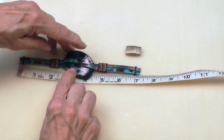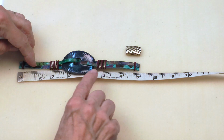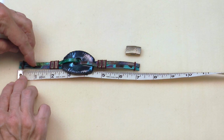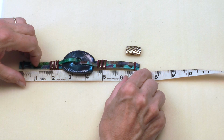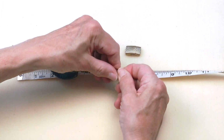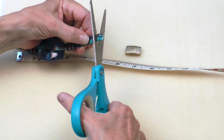Now, in this particular case, I can't just glue one side and then trim leather off the other side. I've spent a lot of time getting these pieces in place and centered, so I'm going to go ahead and do some math and cut leather off of both sides. If I want my leather to be 6 1/4 inches, and it is now about 7 inches, that means I'm going to take about 3/8 of an inch off each side. So I'll use either leather cutters or some scissors, and I'm going to cut about 3/8 of an inch off of this side,